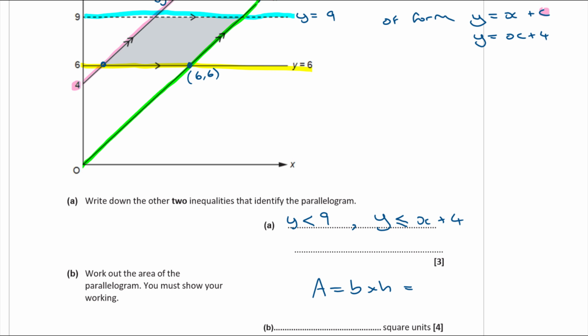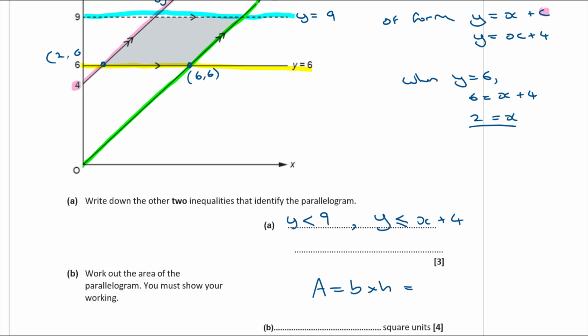Because I know the y coordinate is 6, so the x coordinate must also be 6 because it's the line y is equal to x. What about the other line? That is going to be 2, 6, I think so. So we want when y is equal to 6, because it's on the yellow line, what is the value of x here? So I know that y equals x plus 4, so 6 equals x plus 4. So that means that x must be equal to 2. So that point there must be the point